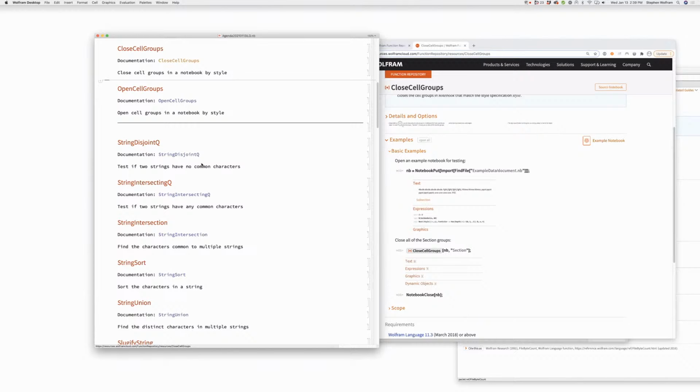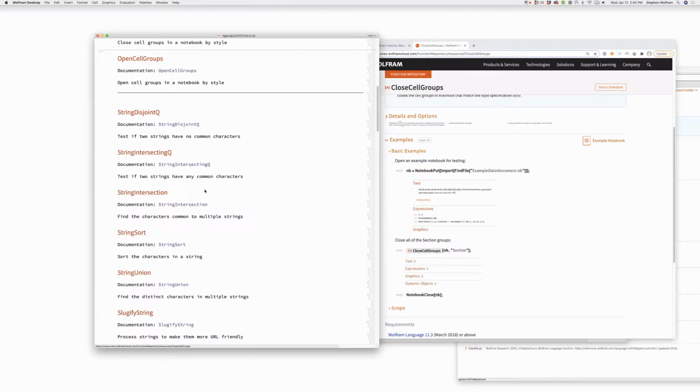Right, common. What's the difference between these? Oh. Yeah, they're opposites, I guess. I don't really remember why we thought those were worthwhile. I think those are very iffy. Sort the characters in a string. I mean, it's amusing. I don't think it's